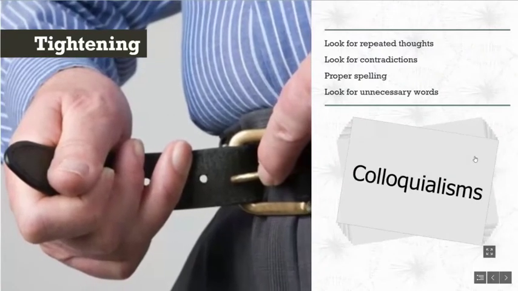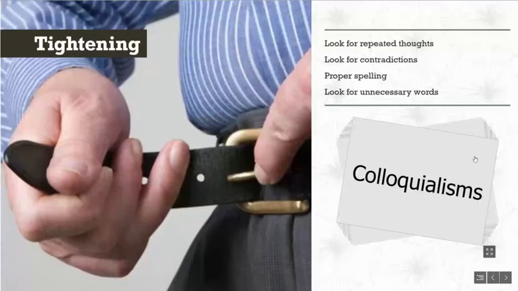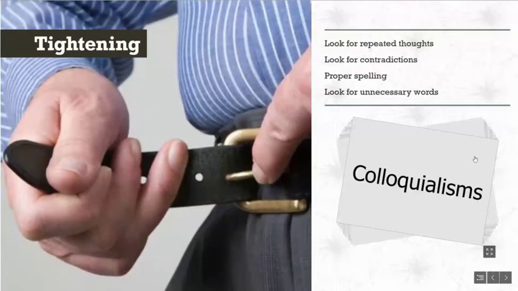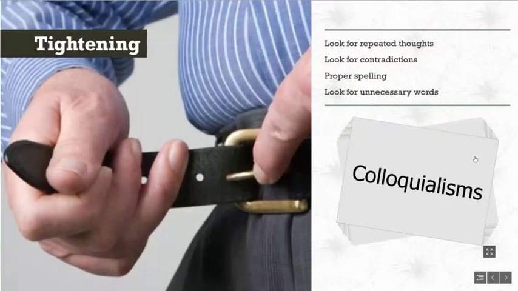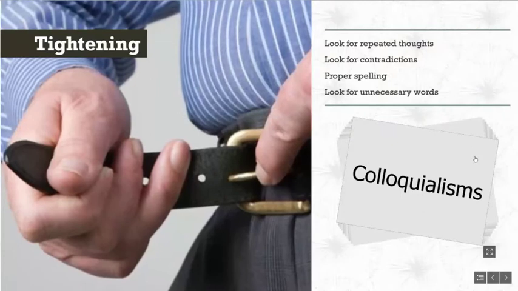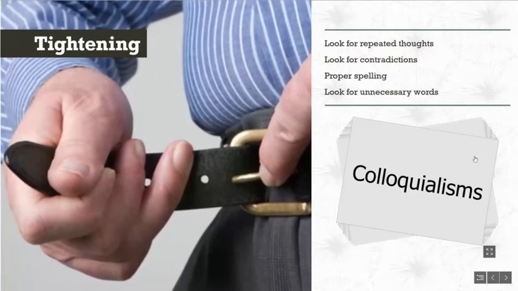Lastly are colloquialisms. These are regional specific cliches. These are things that are said in a specific place. I have only been to California a handful of times, so I don't know many colloquialisms that are there, but